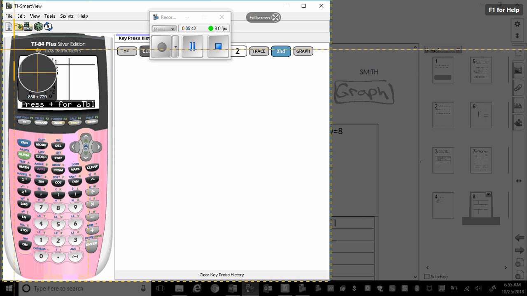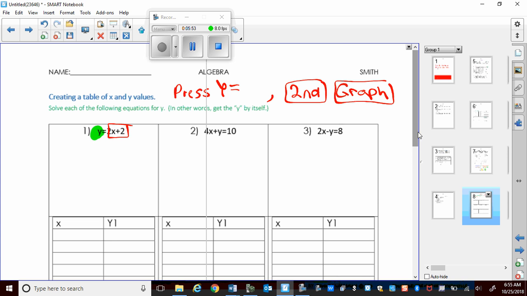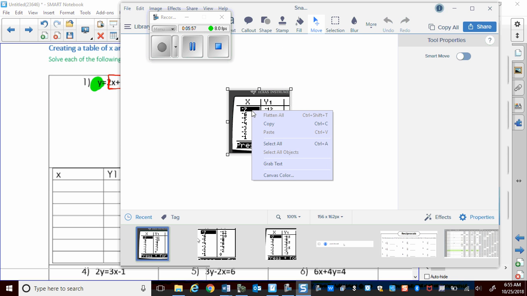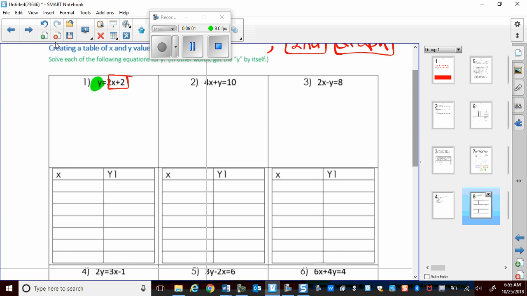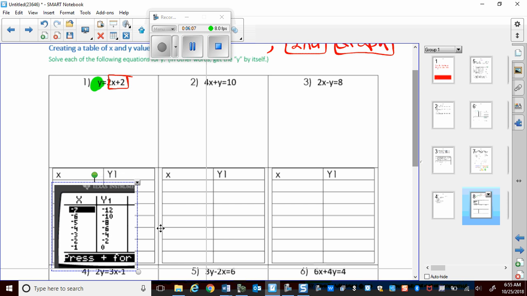Okay, and here's my table of values. I'm taking a screenshot of that, and I'm just going to pop it over and put it in my answers. And while we're waiting for that, look at the second problem, number 2. You should make sure you write these down. There's my x and y values. Okay? Now, number 2,